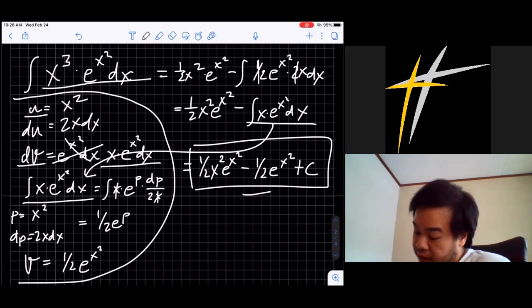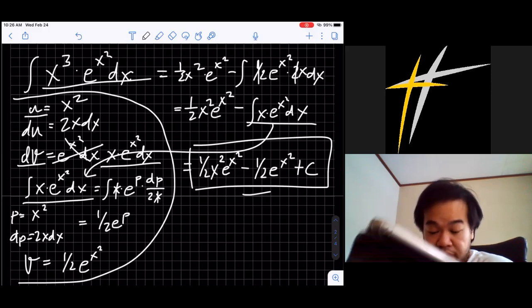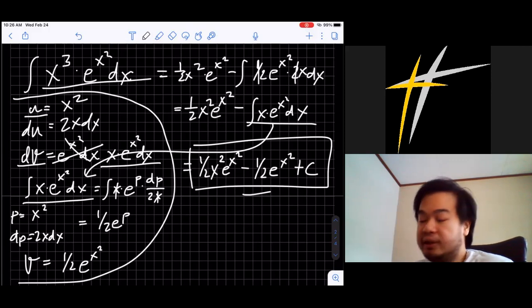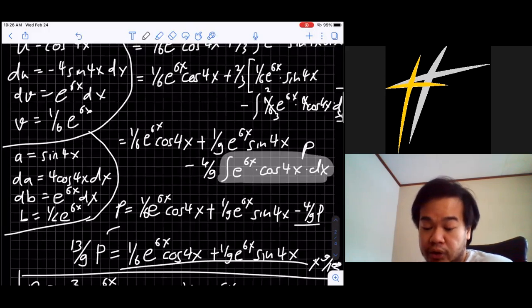Okay, so that's all for this lesson. I hope you understand, and this is another way. So this is basically still the same as the previous lesson. It's basically about integration by parts. But I hope now that you learn a way how to do it quickly.